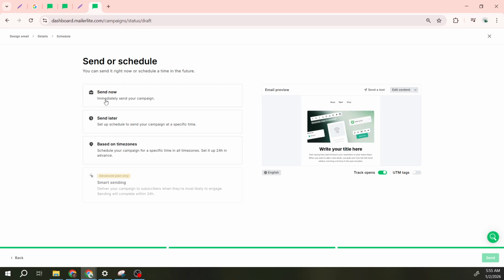Next is Send Later. This lets you pick a specific future date and time based on your account's time zone. It's ideal for planning ahead or coordinating with a content calendar. If your audience is in a different region, double-check your account time zone in settings so the send aligns with